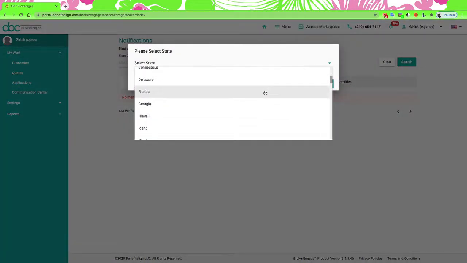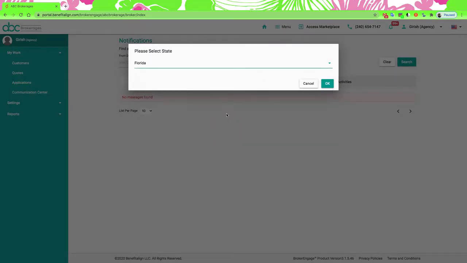So here, I click on access market. Now this is only if you want to do a marketplace plan. The example I showed you earlier, I actually combined on exchange and off exchange and multiple lines of business all together, right?